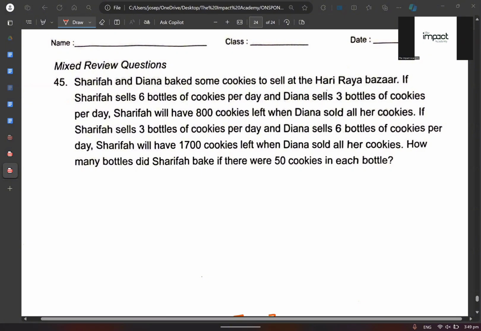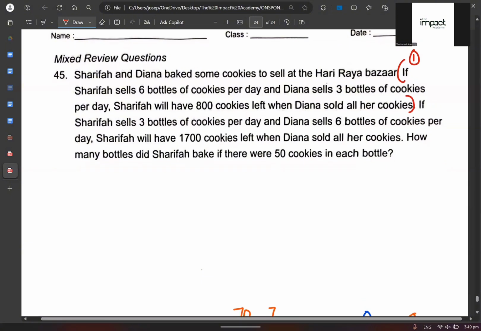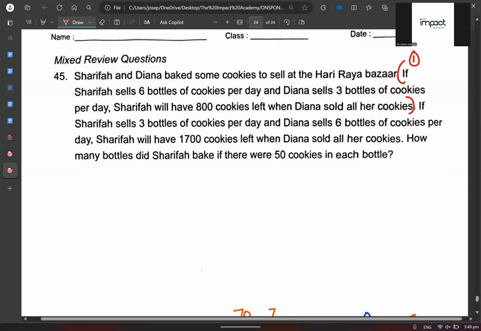Now, let's talk about the first part. Again, is 45 S1, S2? Definitely. Why is it 45 S1, S2? You can see over here, sentence number 1: if Sharifah sells 6 bottles of cookies per day, and Diana sells 3 bottles of cookies per day, so that is your situation 1, correct or not? So we are going to have this written out first. In my situation 1, for Sharifah,